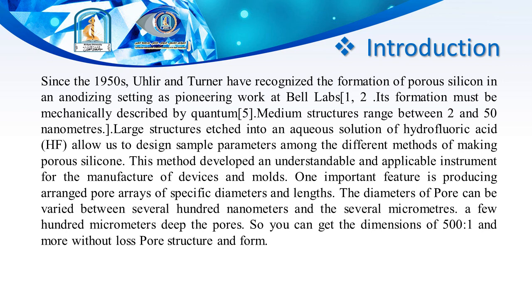Since the 1950s, Uhlir and Turner recognized the formation of porous silicon in anodization settings as pioneering work at Bell Labs. Its formation must be described by quantum mechanics. The medium structure ranges between 2 and 15 nanometers. Large structures are etched in an aqueous solution of HF acid, which allows us to design simple parameters among the different methods